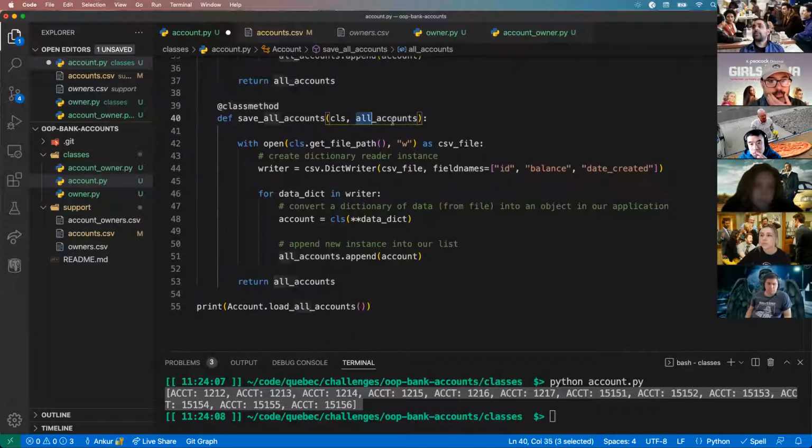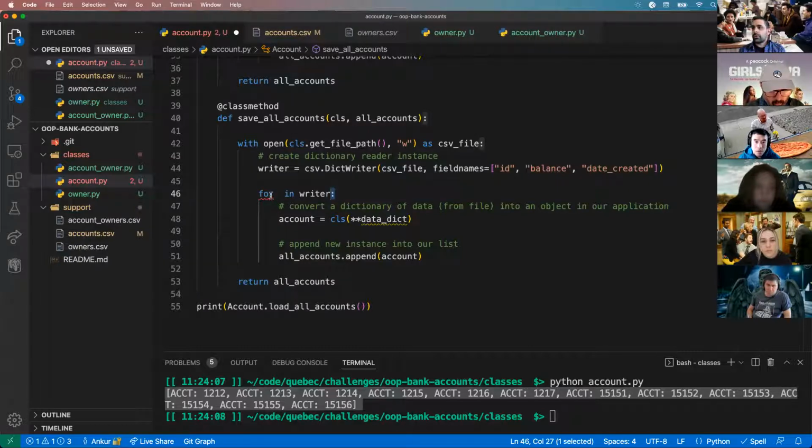But yeah, I'm going to need to pass everything I want to write back to this method. I don't have access to it within this class. So that is what I'm passing in. It's just an array of all my objects. I'm going to create a dictionary writer object, tell it the field names. And then for each account in all accounts,